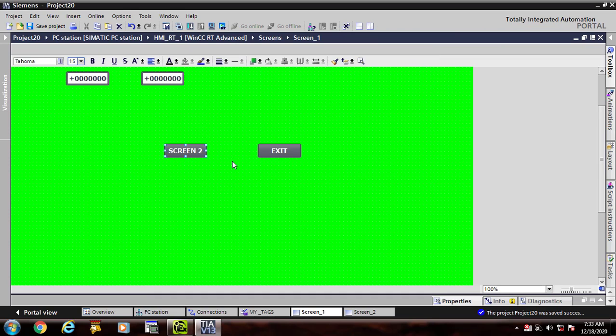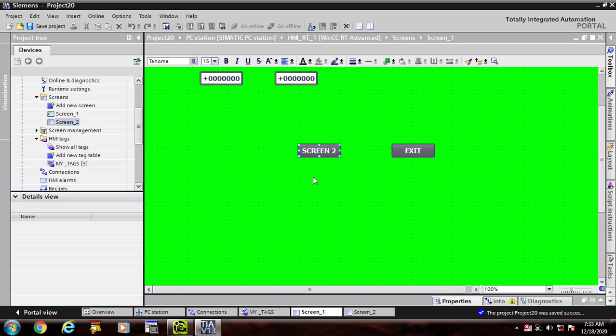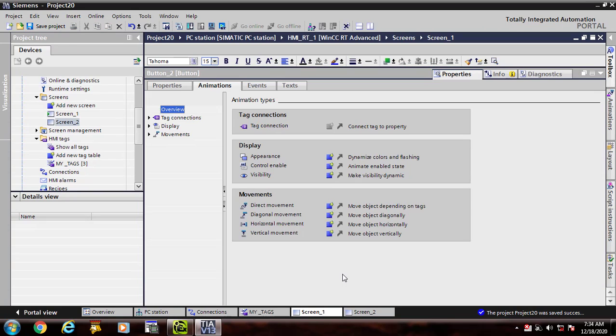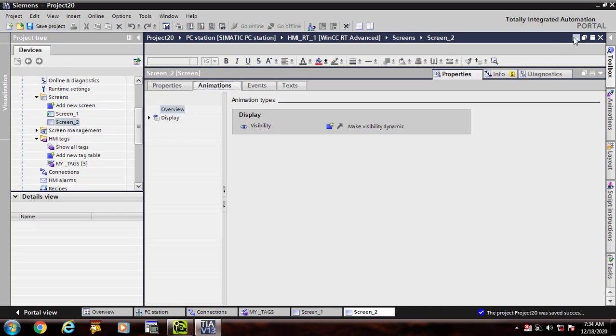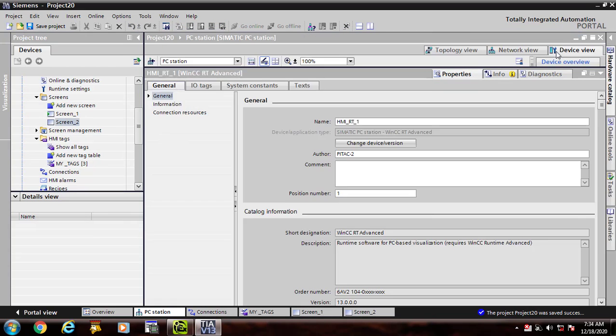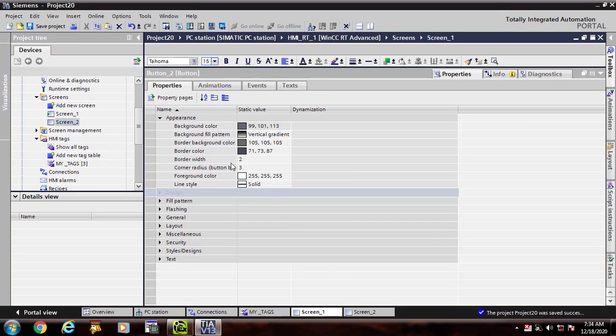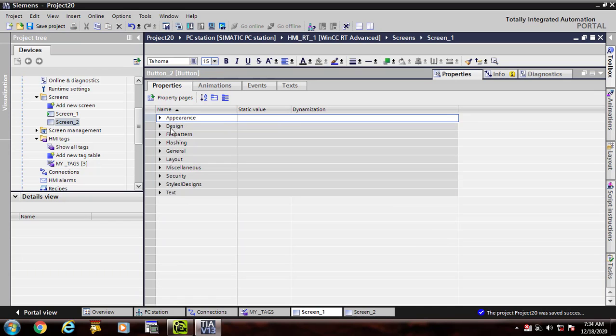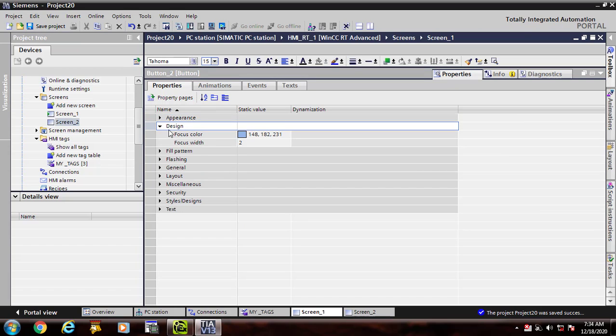So yes, I need to once again go to visualization and go to its properties. Go to screen 1, its appearance, and here into design.